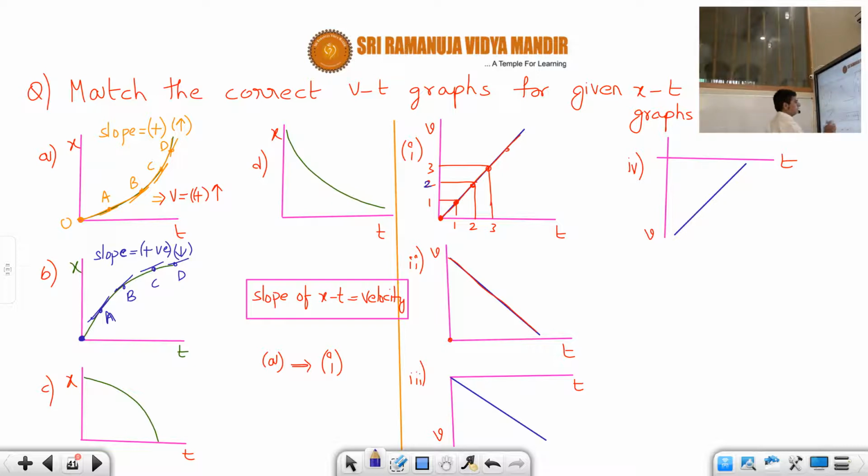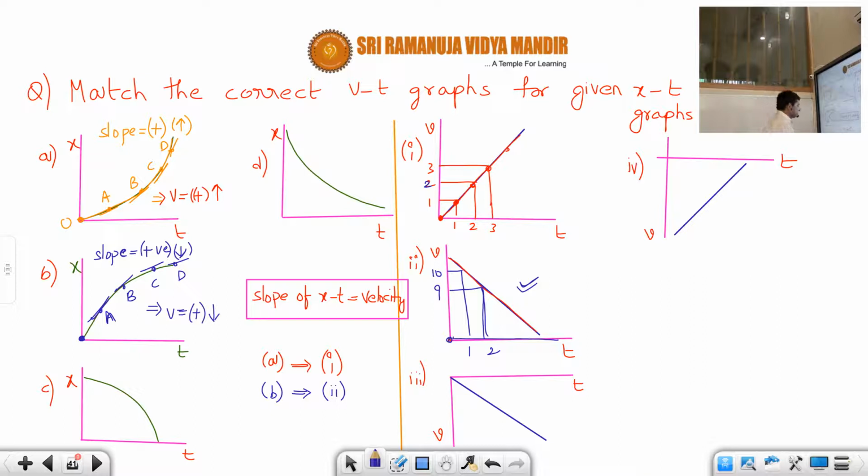Now what is the slope of an xt graph? Velocity. So this implies velocity must be positive and should be decreasing. Velocity is positive, decreasing means directly we can say option 2. Correct or not, students? As time is increasing, what is happening? At 1 second, it may be some 10. At 2 seconds, it may be 9. So it is decreasing as time is increasing. So for option B, the correct one is the second one. I hope you are clear.